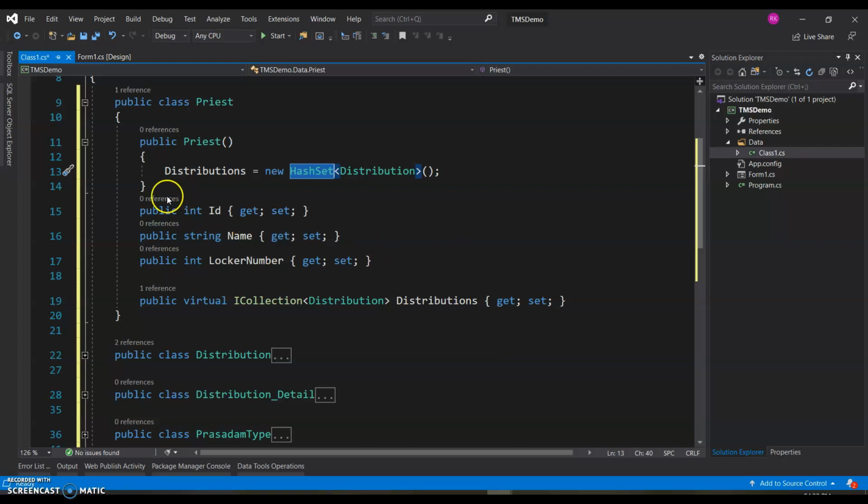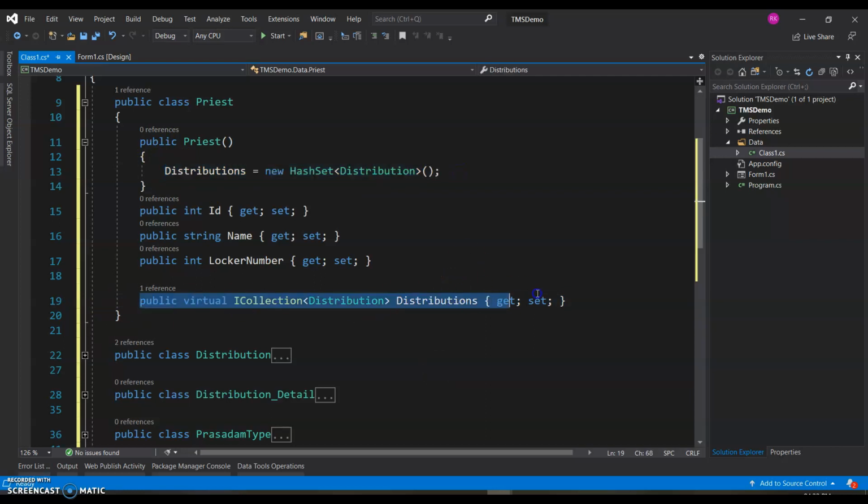Next, why did we have this constructor itself in the first place? In order to establish a relationship between priest and distribution, it would have been sufficient if I created this distributions property. Why did I have a constructor and even instantiate it?